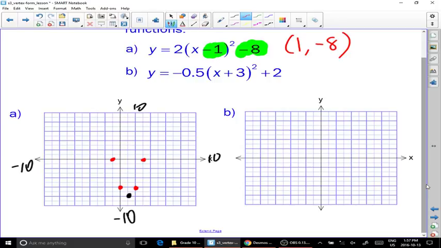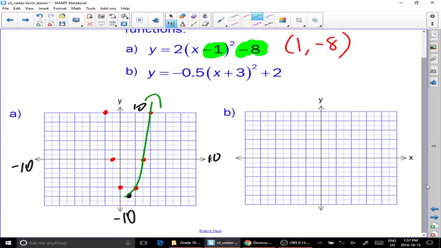Exactly on the x-axis. So that actually tells me my x-intercepts are -1 and 3. And then I'd go over 1, up 10, and end up here. And obviously, based on the scale you choose, you'll only be able to put a few points on the graph. And that's okay. But once you have those few points, what you can do is connect them